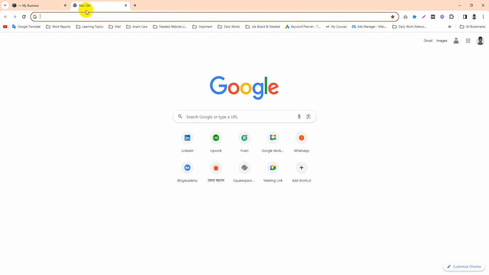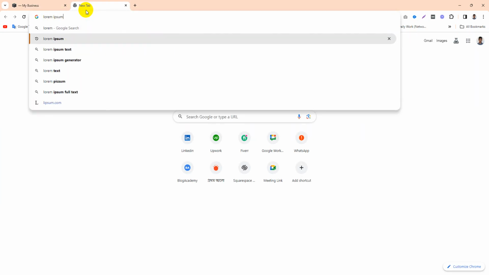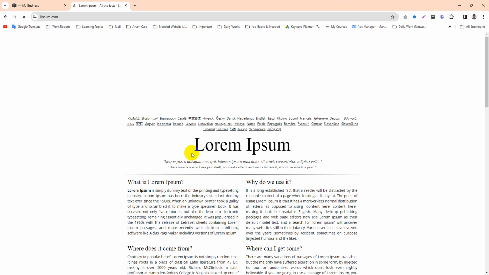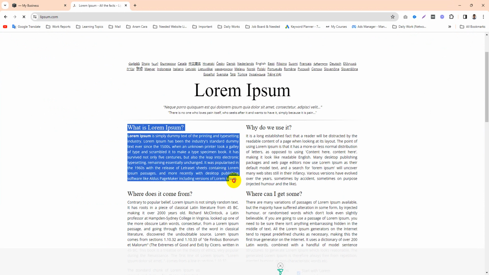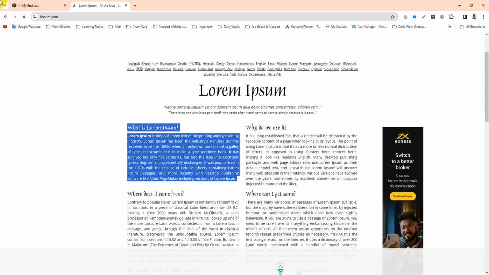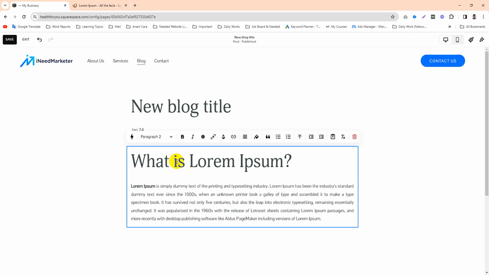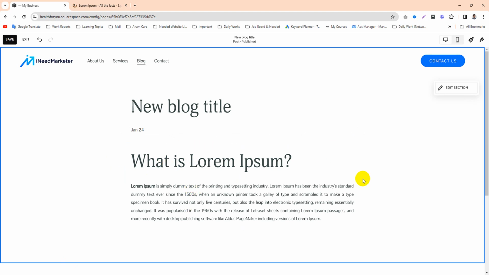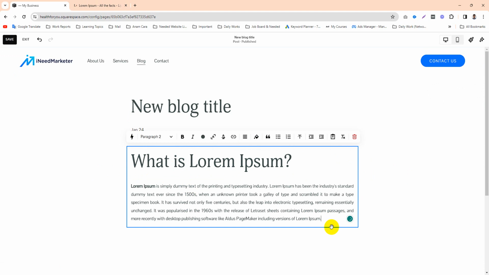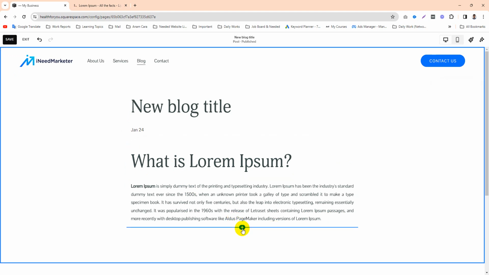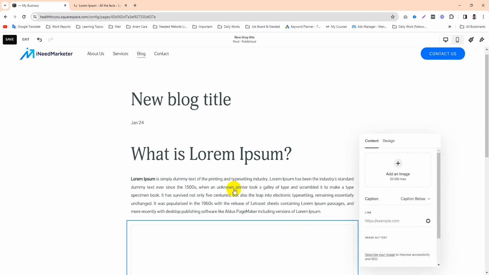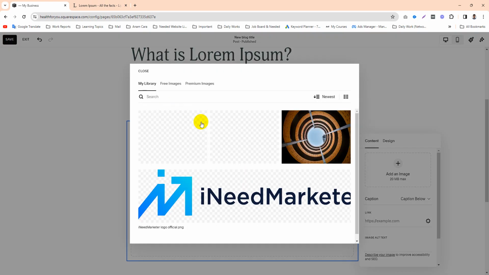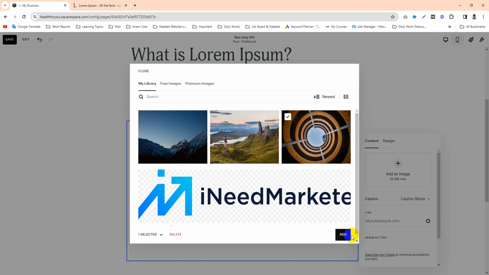Now I need some text. Okay, so this is the text that I used as dummy content, and then I can add an image to the blog if I need. Just click on the plus icon and then add image. Add the image from the media library. You can select from the media library. So this one I'm going to select,